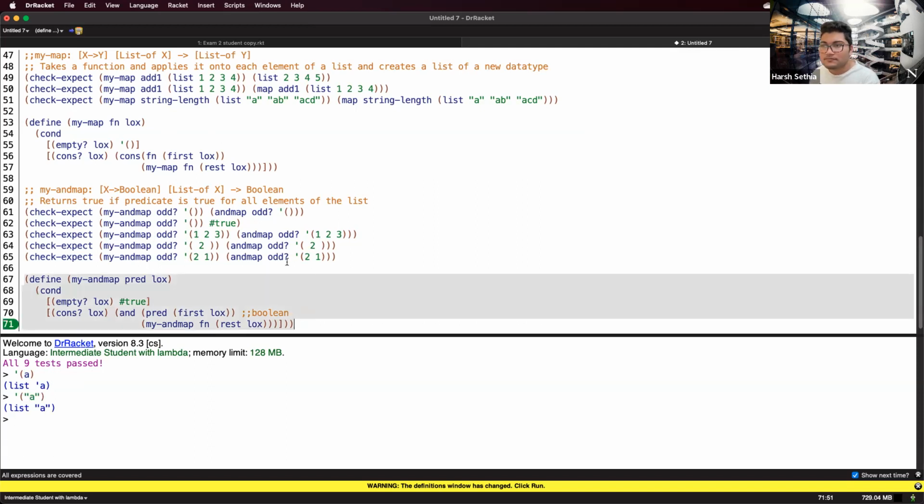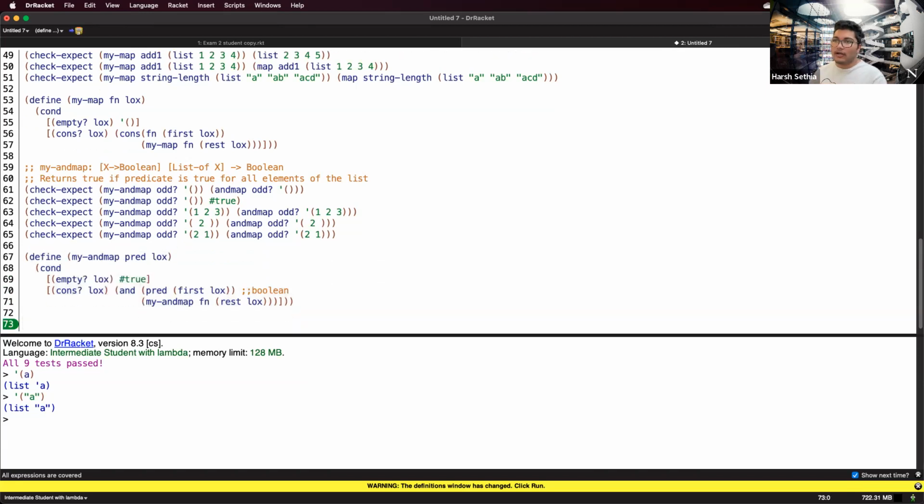Yeah. Okay, moving to the next part. So yeah, Andmap essentially, if it's empty, it'll return true. We'll keep doing the recursive call, keep generating a bunch of Booleans, and then do AND on top of all of the Booleans. The next thing we want to look at is the